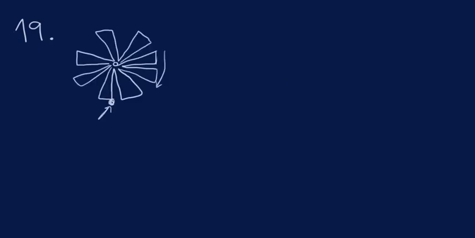Alrighty, number 19 has another drawing. So I'm going to pause this and draw it, and then I'll come right back. Okay, sorry, this is a terrible drawing, but it works. Let's just pretend that all of the gaps and the blades of this windmill are the same, which they aren't, but let's pretend. So the drawing shows a golf ball right there,